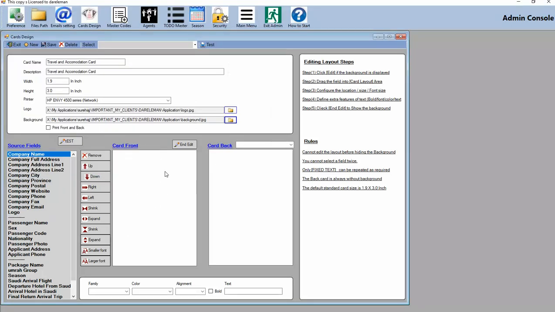Now it's time to design the layout of the card. I'm going to put the company on the top, just drag and drop it there. You can adjust it by setting it up a little bit. You can change the color. You can set it as bold. You can get a larger font and so on. Under it, I'm going to put the full address, company full address. Move it down,